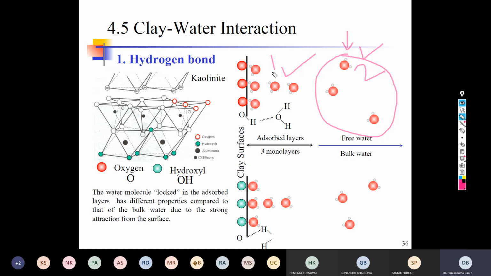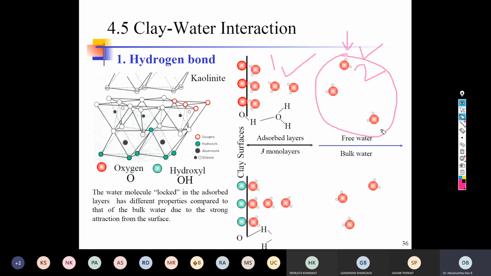Do you want me to cover liquefaction also, or any other phenomenon? Yes, sir. The capillarity. You can touch upon capillarity. Where does capillarity occur now? Only in the free water. Okay, this is why capillarity in clay soils will take a large amount of time. In sand, the aperture size is higher, so the capillarity is very fast. But in clay, the aperture size is low as it has to occur only in the free water, so it takes an immense amount of time.